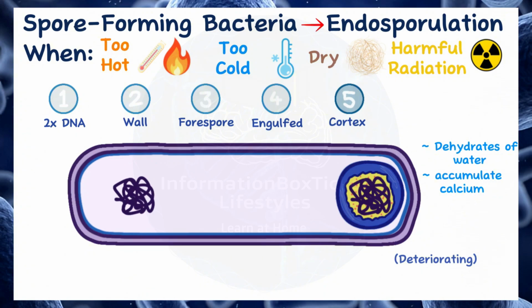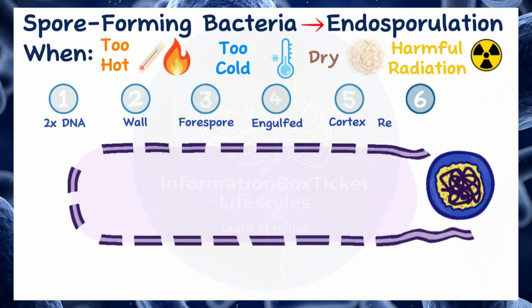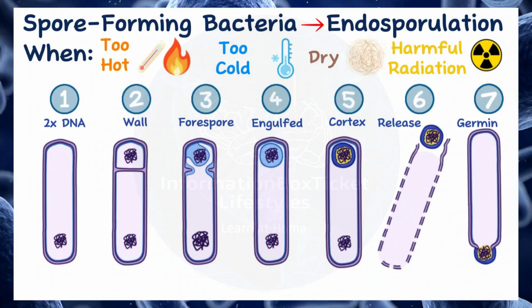This process endows the endospore with exceptional resistance to heat, harsh chemicals, digestive enzymes, and antibiotics due to the presence of dipicolinic acid in the core. Eventually, the mother cell dies, releasing the endospore into the environment. Remarkably, an endospore can endure for over 1,000 years, remaining dormant until conditions become favorable again. When conditions improve, the endospore can germinate into the active bacterial form, which can then grow, divide, and cause anthrax